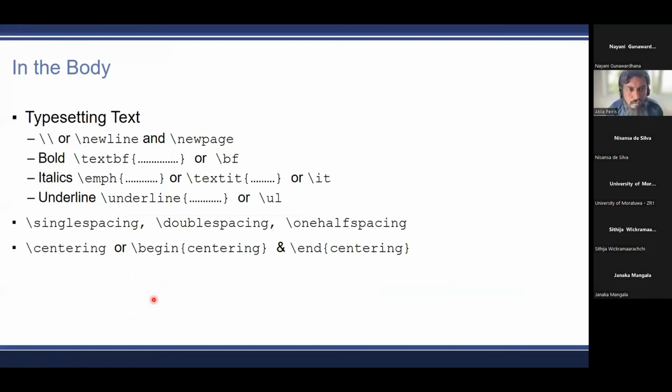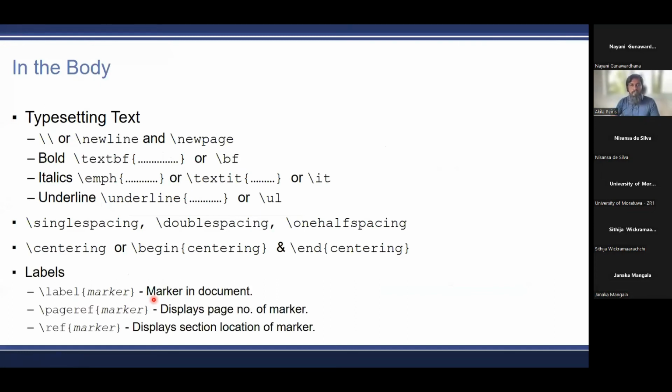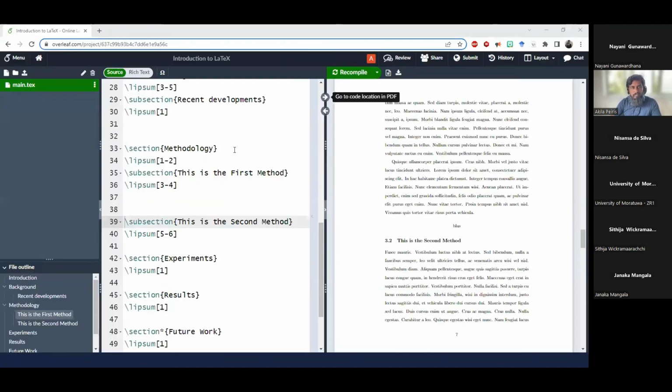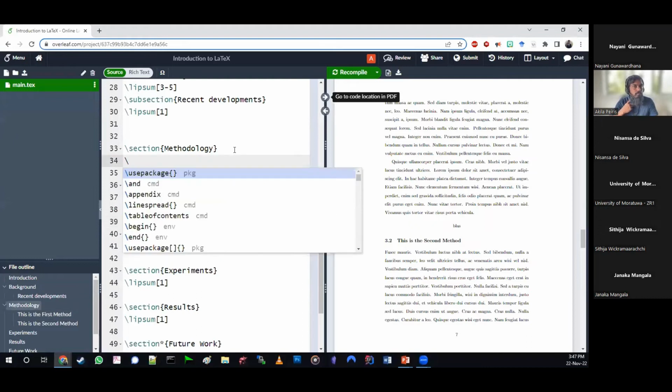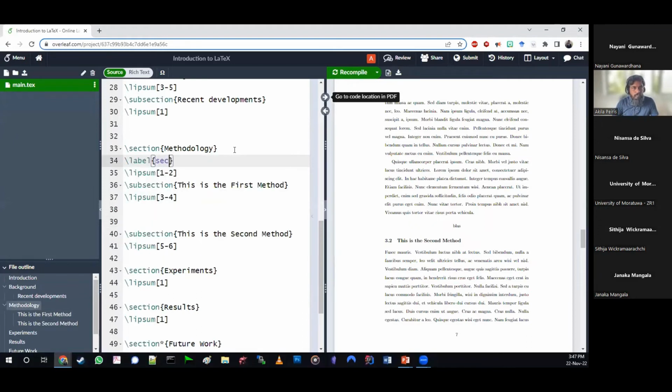Now these labels, keep this in mind. I am just mentioning them here because they are going to be in the body, but right now we are not demonstrating. We will demonstrate them as per promise when we add tables and images. They are coming, don't worry. Actually, what I can do is show you how cross-referencing works here. Let's say you want to refer to this place, methodology, in your results section. How do you do that? Let's give it a name.